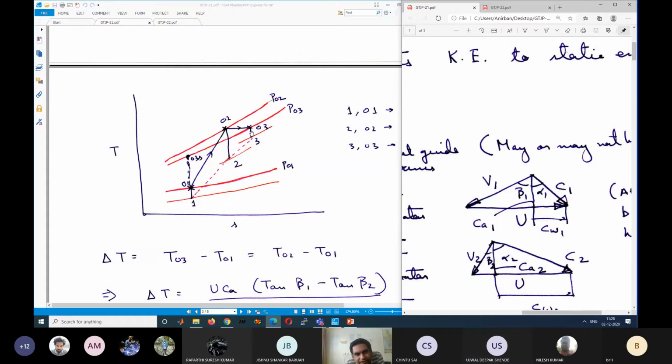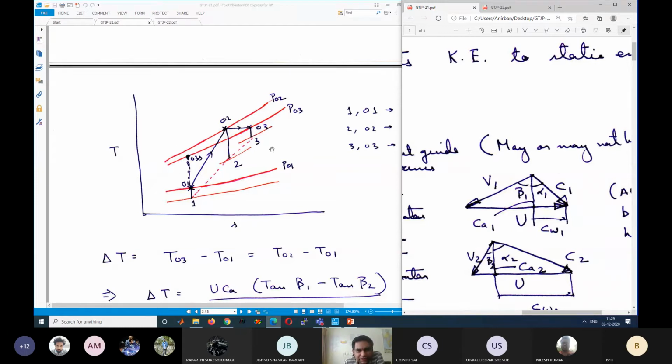Yes, sir. So this distance is similar to this, which means that kinetic energy has again reduced. So the stagnation enthalpy has not changed. T02 and T03 are the same point, but because the kinetic energy has reduced from the previous large kinetic energy, what happens to the static enthalpy? It increases. So now the new static enthalpy is H3 and the new static temperature is T3. T3 minus T2 is given by this change in kinetic energy. So this shows the static and stagnation points corresponding to the rotor inlet, rotor exit and stator exit of an axial compressor stage.